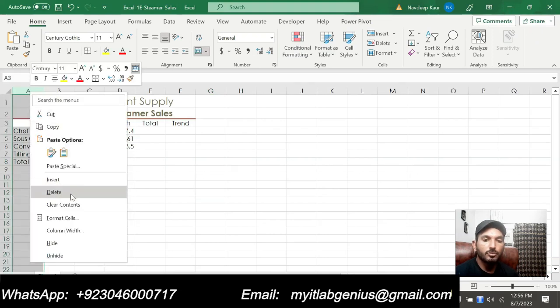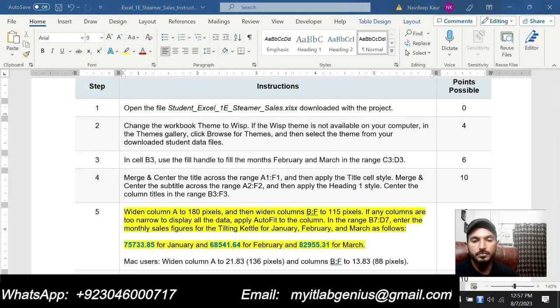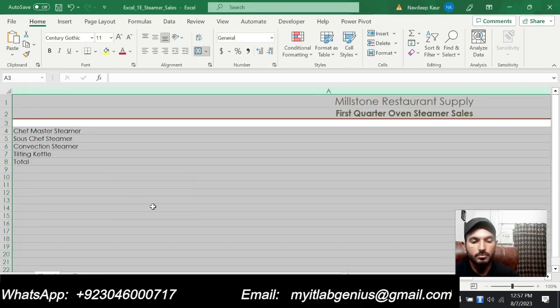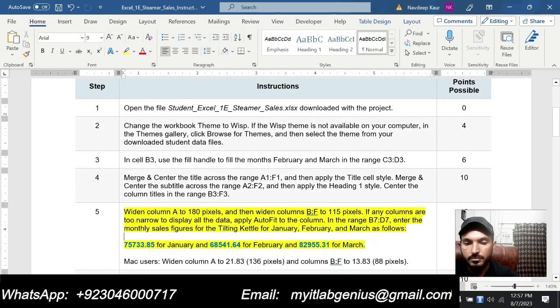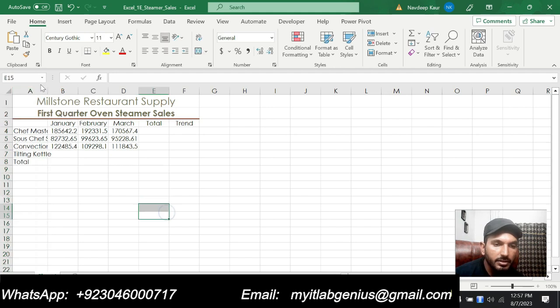Column A is here and we are supposed to change the column width. So we are supposed to set column A width to 180 pixels. So we will drag it so that we can see 180.